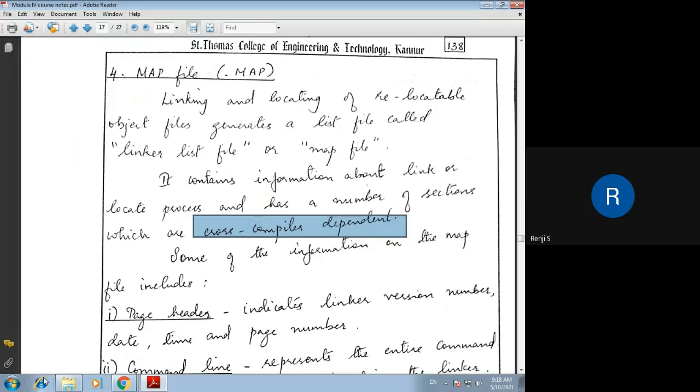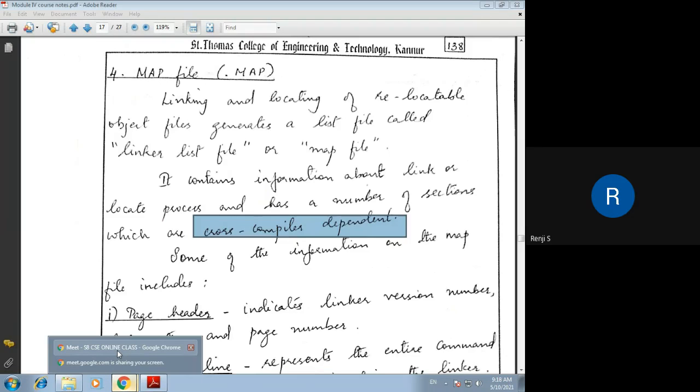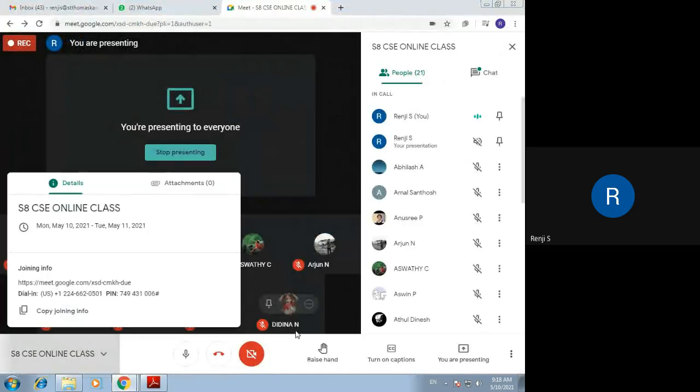The two questions that can be asked are about the list file and the map file. Two possible sub questions: what are the contents of the list file generated after cross compilation, or what are the contents of the map file generated after cross compilation, because these two files have a lot of information stored in different sections. Or as an essay question, it can be what are the output files generated during the cross compilation or cross assembling process. So the possible sub questions are the contents of the list file and the contents of the map file.